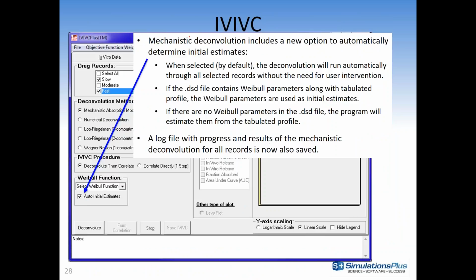Switching the topics a little bit, going more to the changes that we've made for the IVIVC and bioequivalence simulations. One of the aspects is we've hopefully made a little bit more user-friendly change in the mechanistic deconvolution. For those of you who have used the IVIVC module with the mechanistic absorption model for the deconvolution, you know